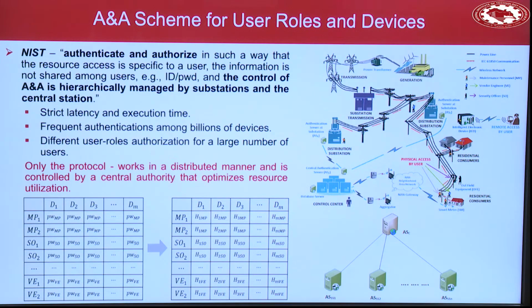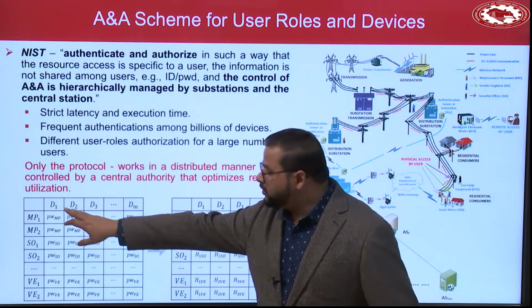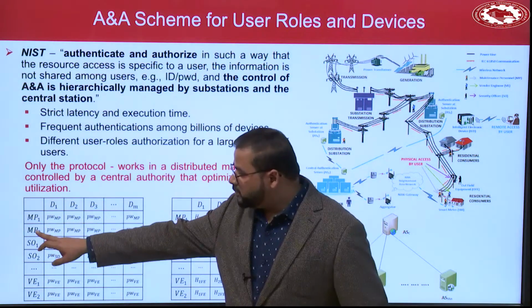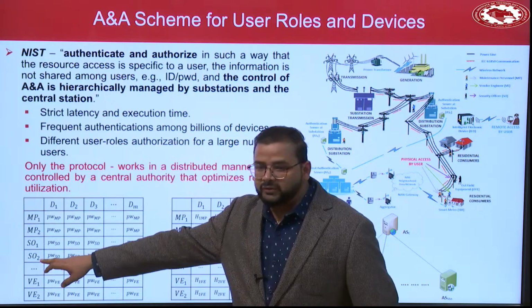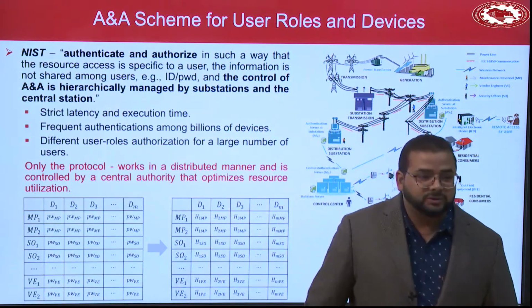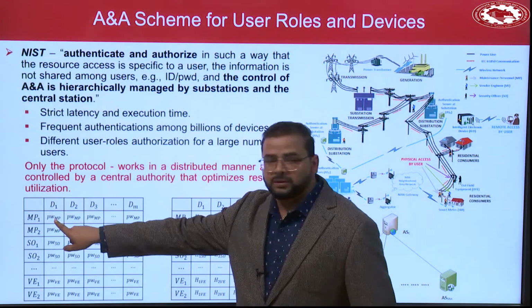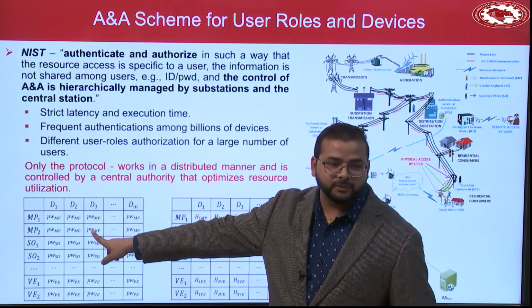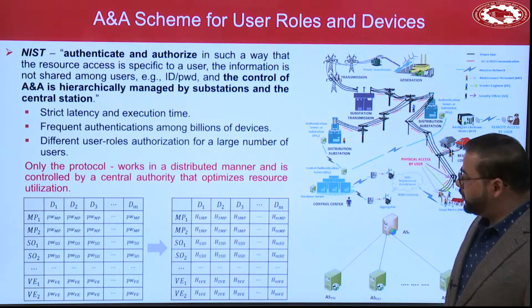Now what I said here is, let's say this is the scenario. I've got multiple devices, D1, D2 up to DM. I'm saying they are management personnel, people who have one type of password. Security officers have one type of password. Vendor engineers have one type of password. Now the problem is, if one type of password is leaked, all these devices will be compromised with this user role. Yeah? The way I can think of solving this,